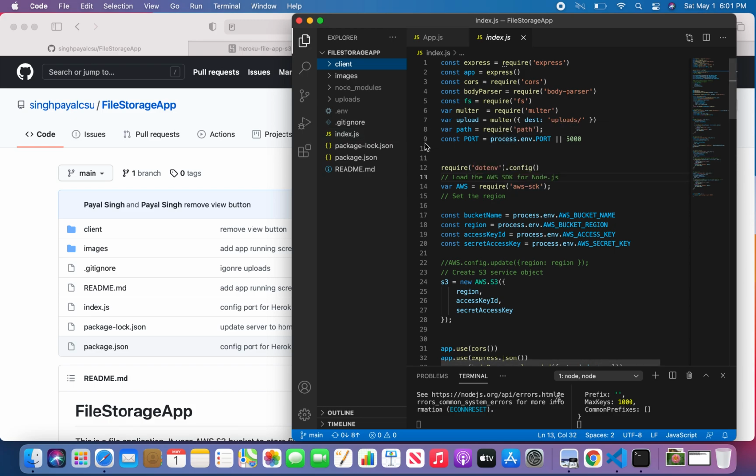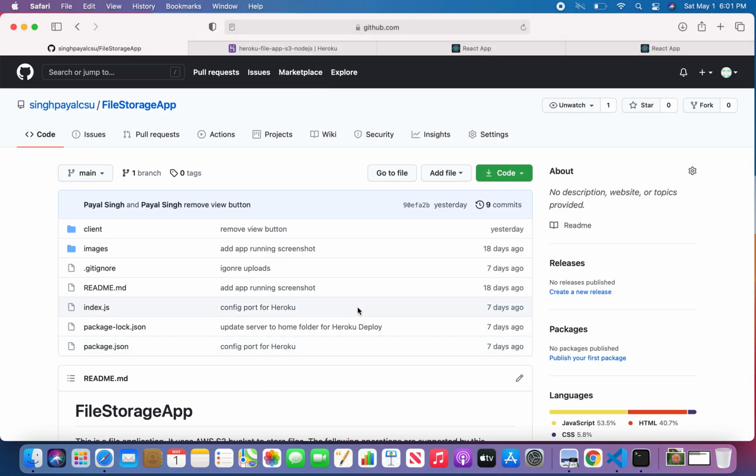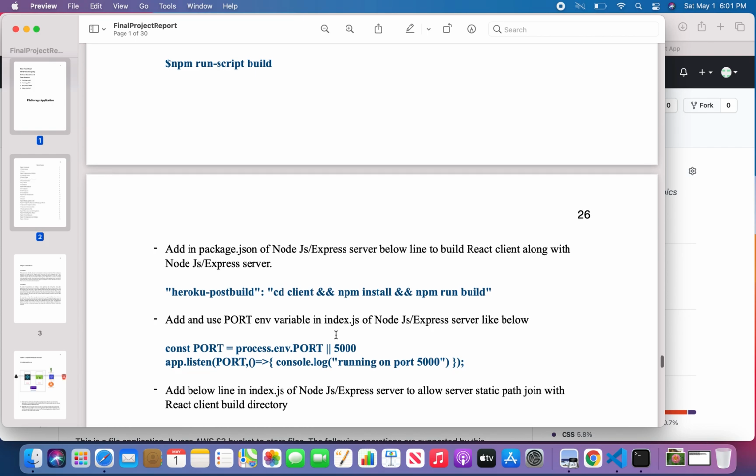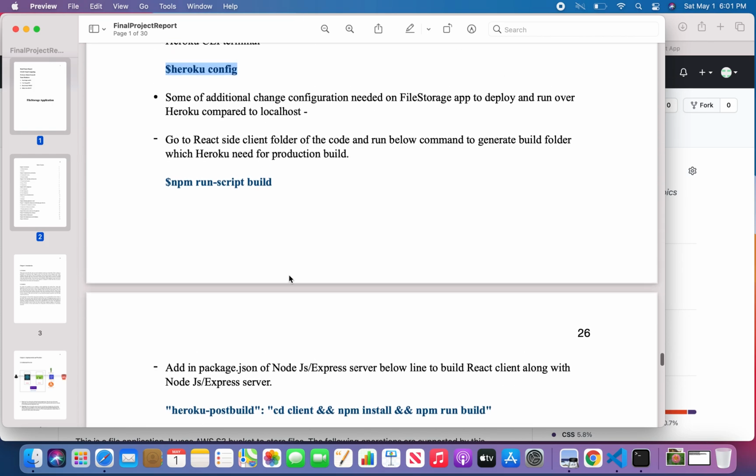To make Heroku read my server part and know what language I'm using, I used the home directory for the server.